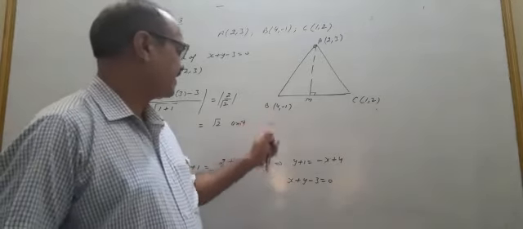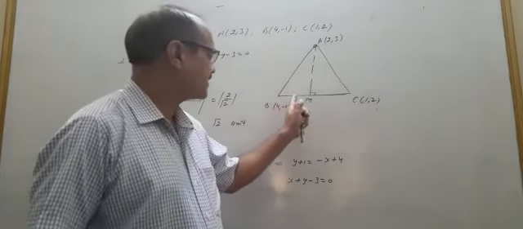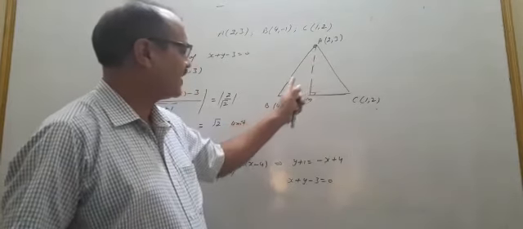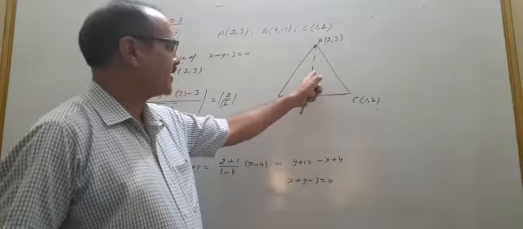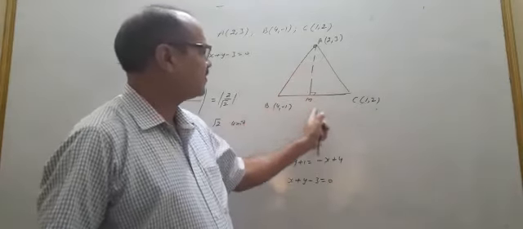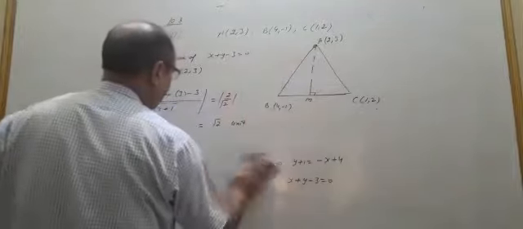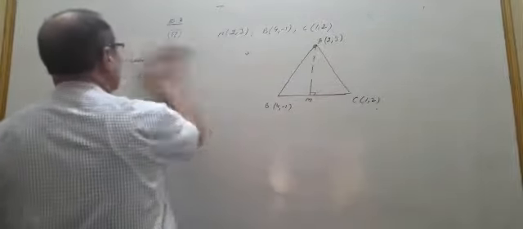तो in this way we get the equation of the, first of all मैंने क्या करा, equation of altitude निकाली है, वो इसके ऊपर perpendicular है, तो slope of this perpendicular line, उसके बाद equation of BC निकाली और BC लाइन आने के बाद इस लाइन का perpendicular distance from A निकाला गया, that is equal to root 2. So this is the question number 17. So student, this all about this exercise.